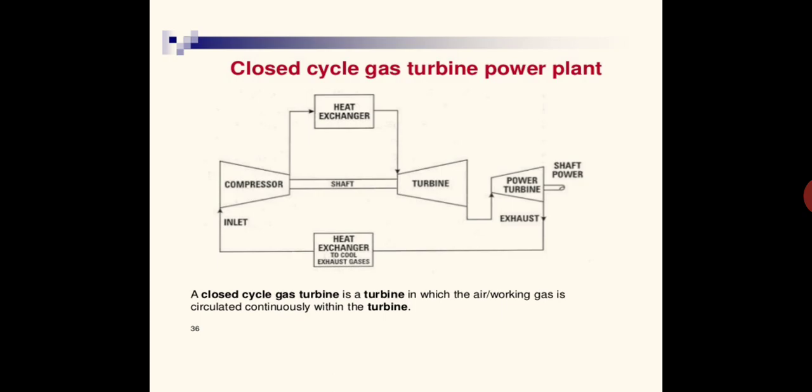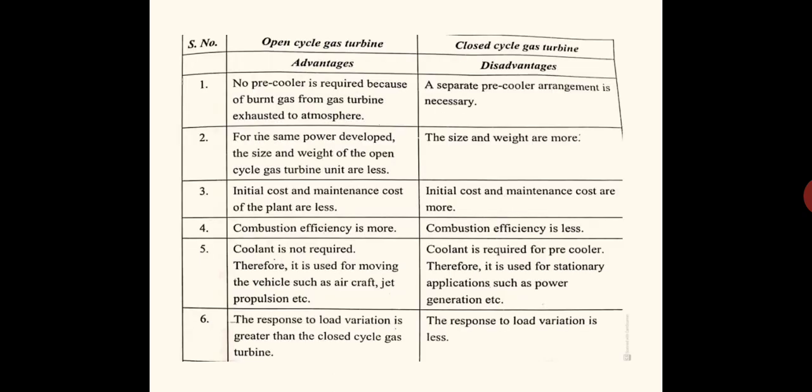See, the top heat exchanger is actually the combustion chamber. Okay, so the only difference is that here the combustion product is recirculated after cooling in the heat exchanger provided at the bottom portion. But remember, the entire gas after expansion is not recirculated, only a portion is recirculated. To compensate for the reduction in oxygen, some amount must be taken from the atmosphere. So that is open and closed gas turbine power plants. Now coming to the difference: open cycle gas turbine, and on the right side we have closed cycle gas turbine. Advantages and disadvantages you can see.